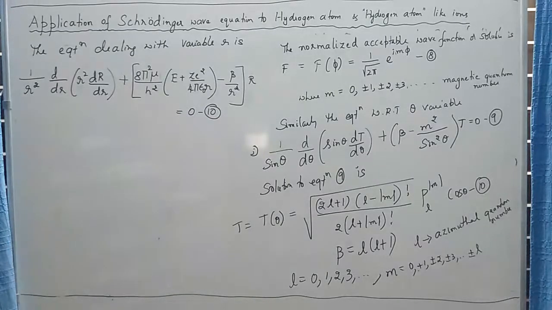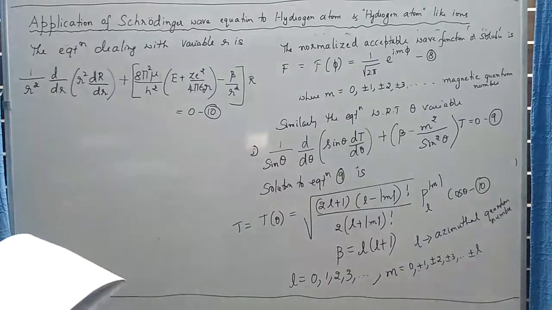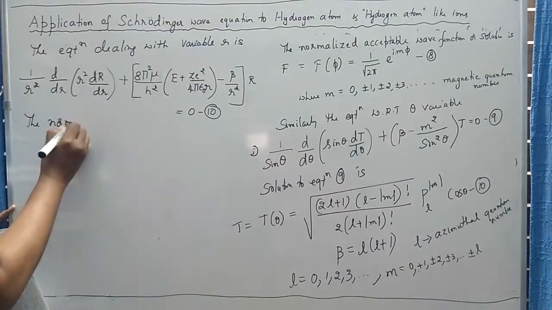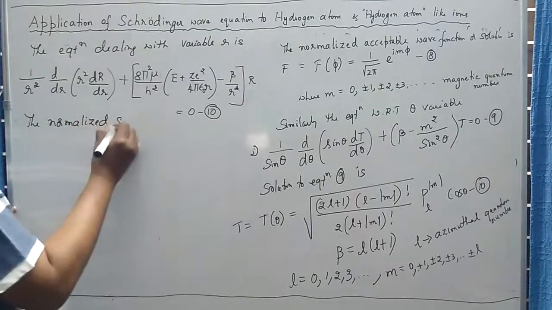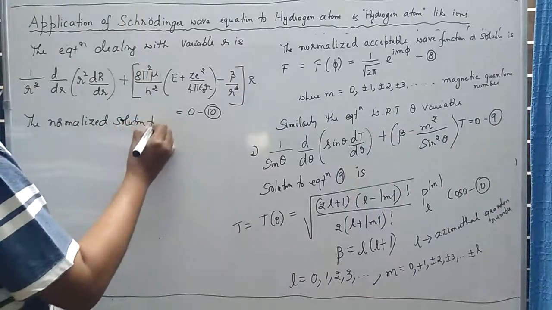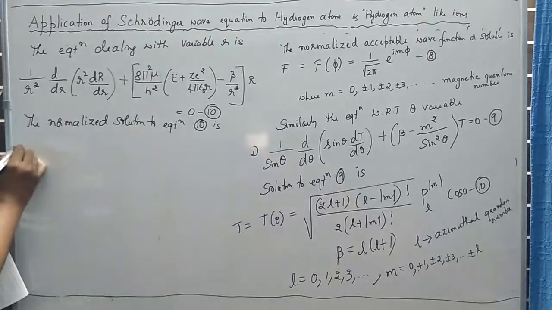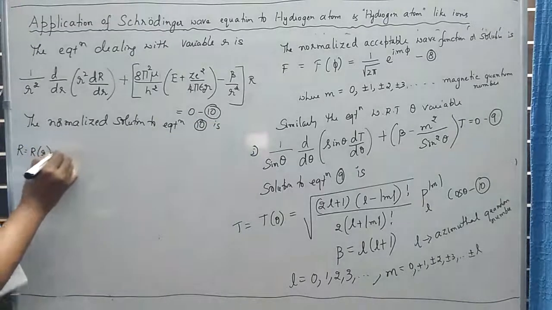As you can see, it is a quite complicated differential equation. Of course it can be solved by using some complex mathematical procedures. Fortunately we need not go into the detailed procedure of solving this differential equation. We will write the final solution. Unfortunately the final solution is complicated, so you have to memorize that expression. So the normalized and acceptable solution to equation number 10 is R, which is nothing but R of r is equal